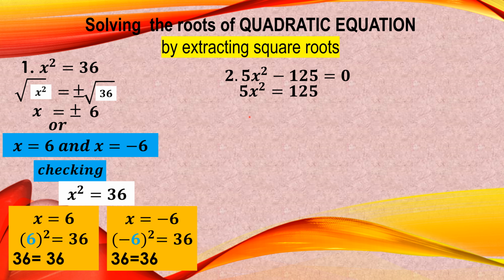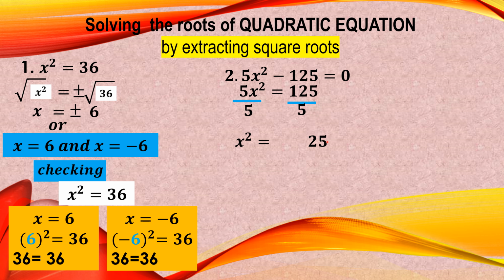Again, there is a 5 beside the x squared. Thus, we cannot proceed to extracting the square root. So how do we isolate the 5 in there? We need to divide both sides by that numerical coefficient beside the x squared. So we need to divide both sides by 5. And then the remaining expression will be x squared is equal to 25, because 125 divided by 5